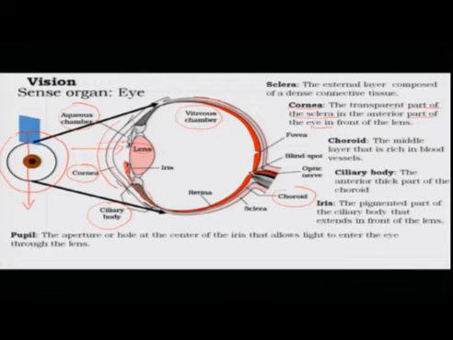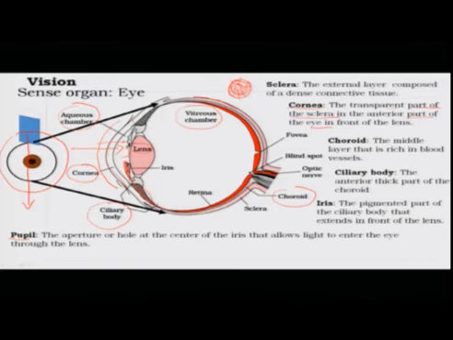Then the iris is actually not a continuous structure, it is interrupted in between. So, there is a hole in there. So, this hole is for the light to get in, and this hole is called the pupil or the aperture of the eye, and this iris has a lot of muscles. So, this iris has concentric muscles that go around it like this, and when they constrict, the pupil becomes bigger. So, more light can get into the eye, and then you have other muscles which are called radial muscles,